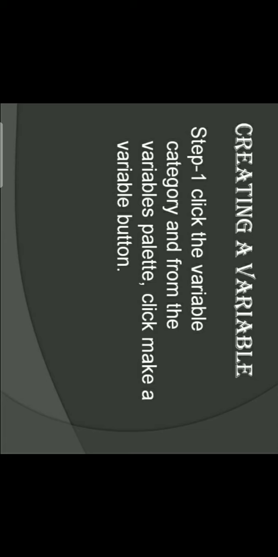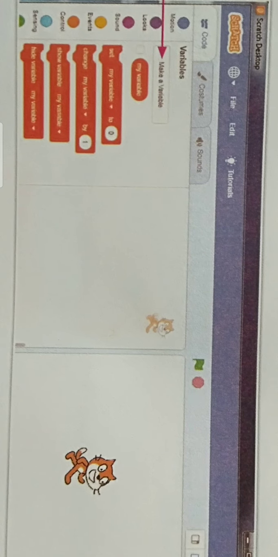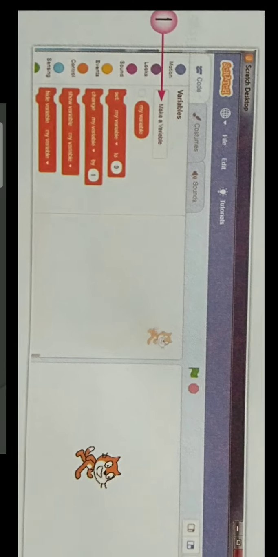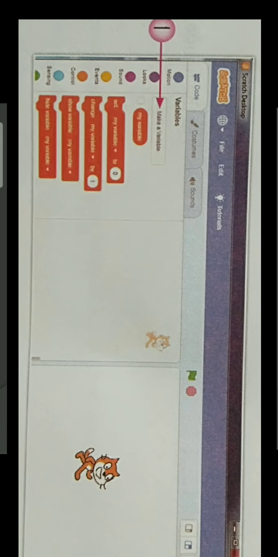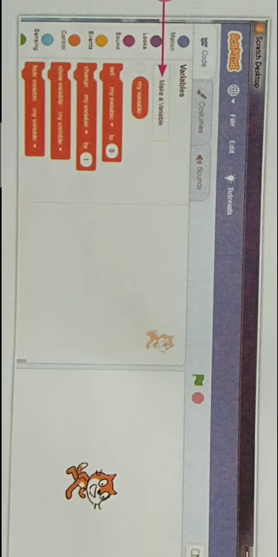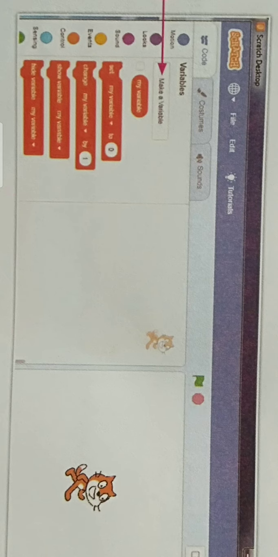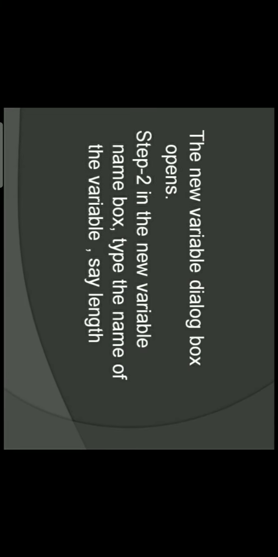In step 1, first we have to click the variable category, and from the variable blocks palette, click the make a variable button. As you can see in this image, there is a variable block on which we first click the make a variable button, and then the new variable dialog box opens.